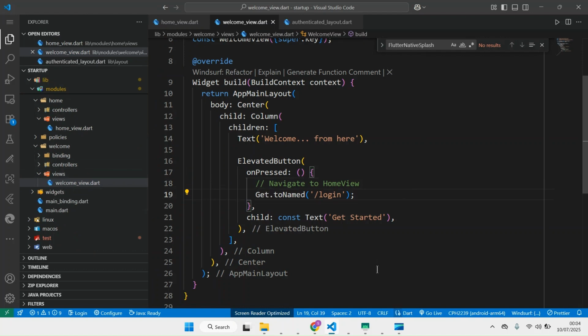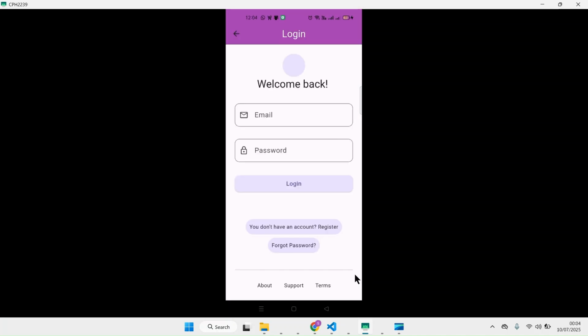Because if now I click get started, this will take us to home screen. This can take us to the login. But after login, this will take you back to the welcome screen. But instead, we can just handle